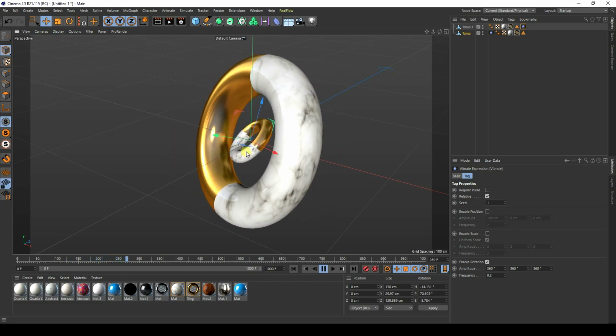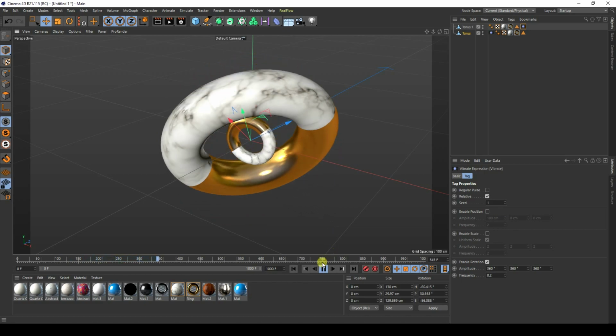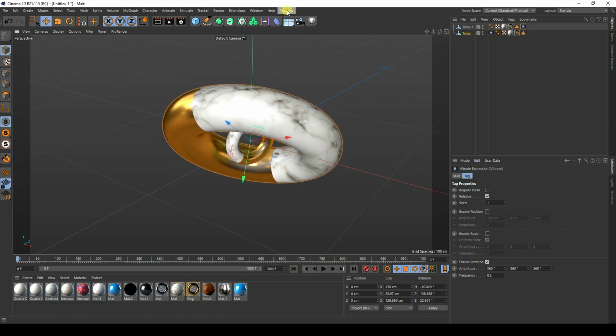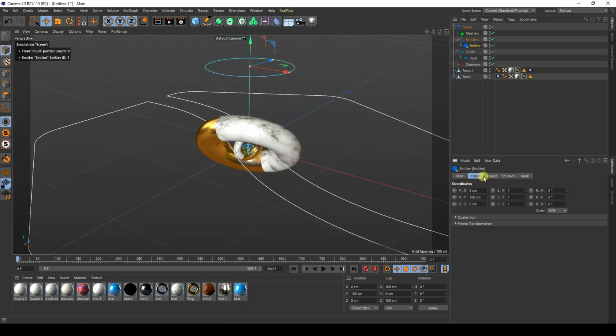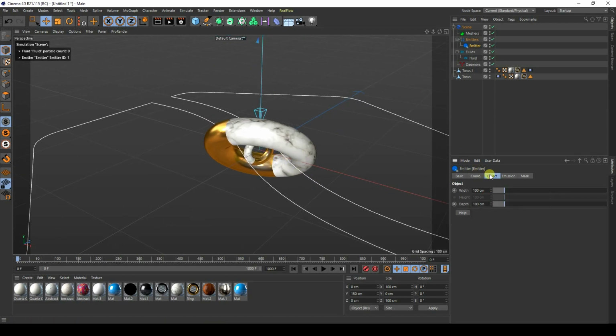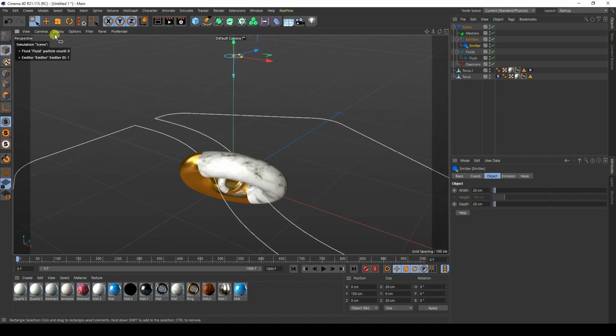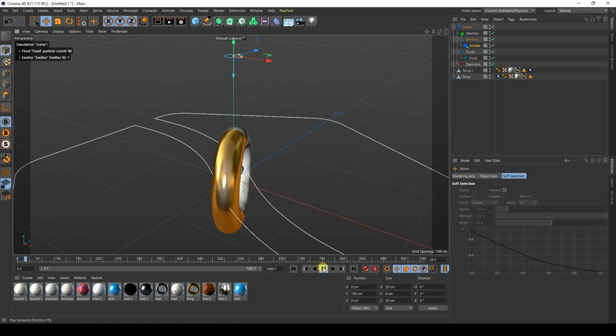Okay, so now guys this time I apply the RealFlow plugin. So go to RealFlow and go to screen setup. So guys, firstly I use circle. And increase height, this one, like 150. It's good. Okay, so guys I also change size, this one. So go to object and red size, I like 20 is good, 20. Right. See guys, that's my position and play.